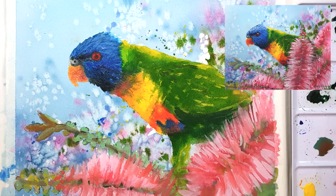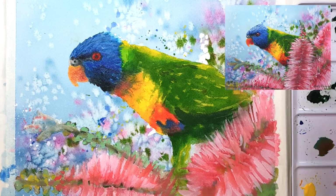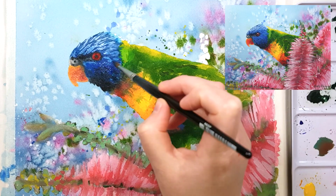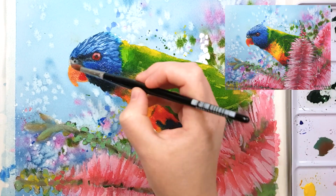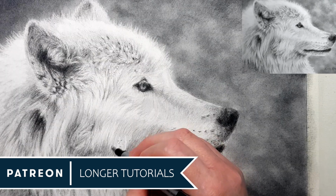And while I've been working on the head and the flowers, the body part of the lorikeet is fairly dry, so I'm going to go over the top with an opaque mixture of greens and reds to add that flower over the top. Before I do that,